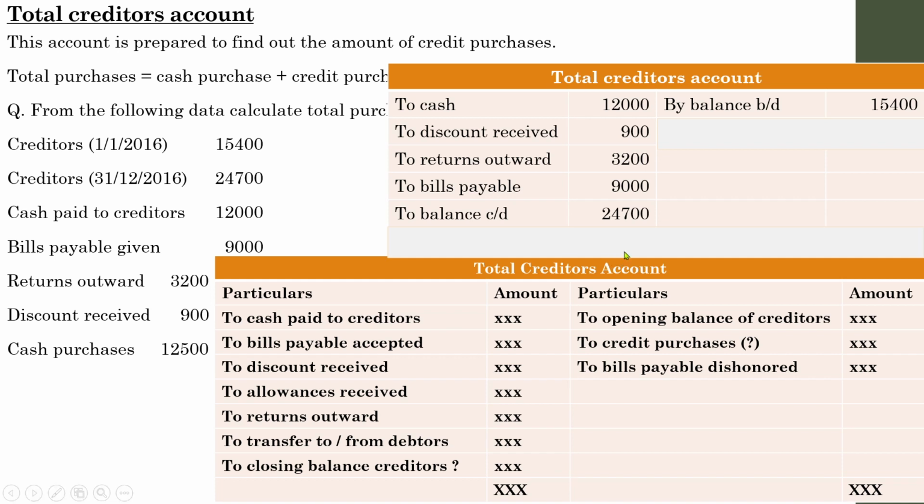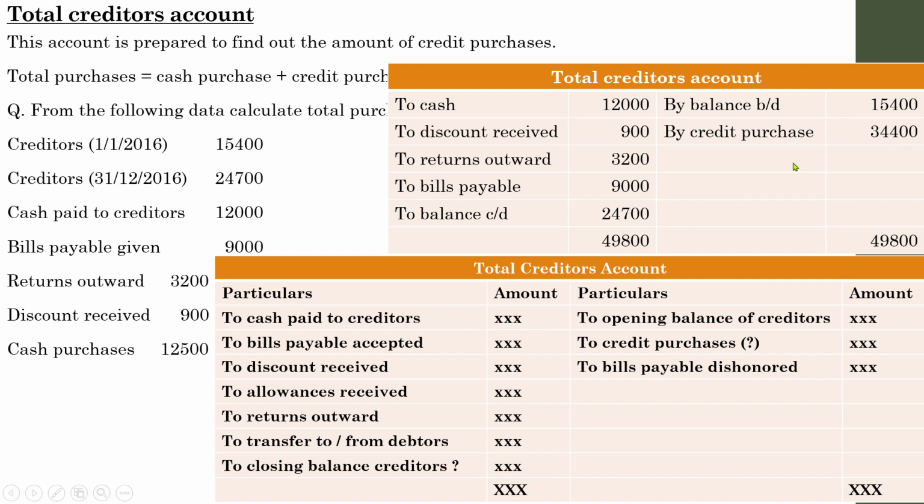So let us balance this account. If you go through the amounts of both sides, you can see that the debit side has the highest value. So write down the total of the debit side in both the columns, 49,800, 49,800. If you go through the amounts of the credit side, you can see that there is a shortage of a certain amount. So the balance or the difference amount can be considered as credit purchase. So this is how you have to identify the credit purchases during the year.